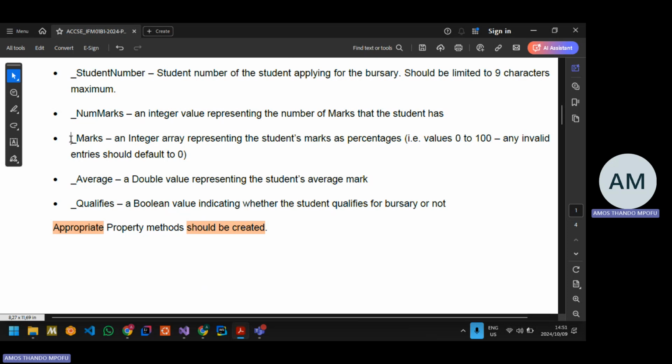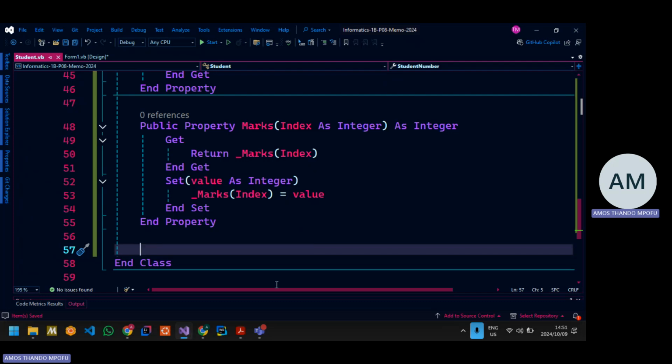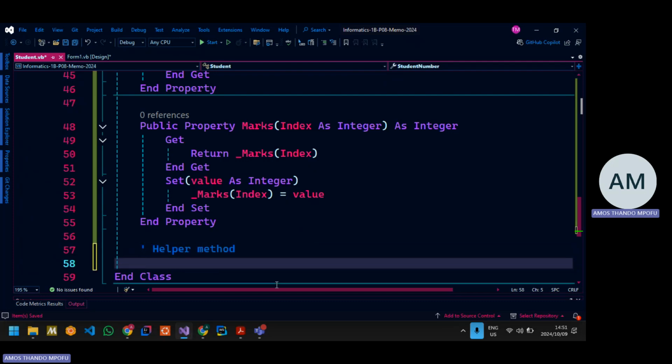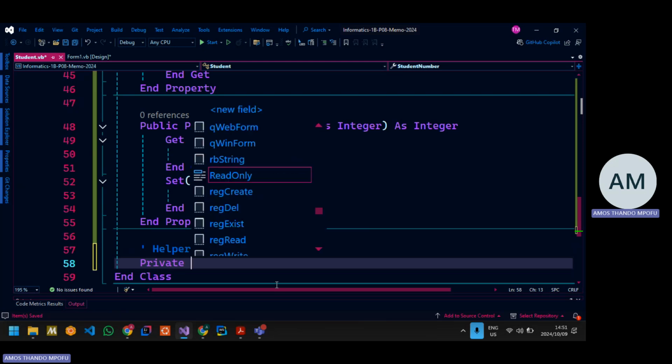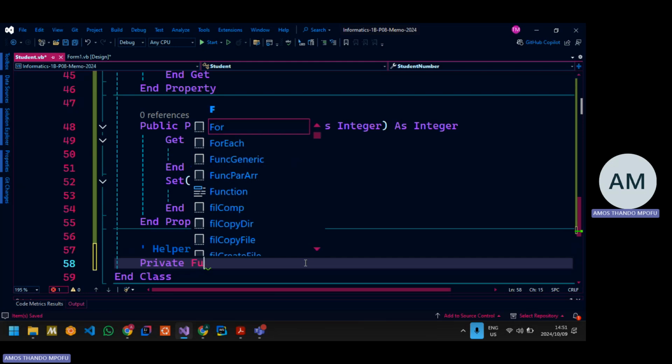So yeah, remember what I was talking about, the num marks. It's a percentage between 0 and 100. So any invalid one should be set. When they tell you that, they mean create a helper method. Remember, helper methods are either private or protected. If you have inheritance, you have to make them protected. But if you have no inheritance, leave them as private. So, private function